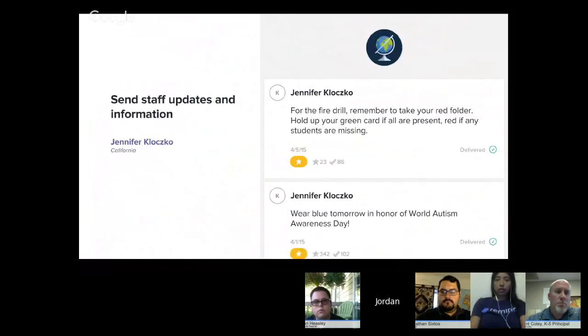And then we've seen some administrators use Remind with their staff. They'll create a class with them, and then that way, during any kind of drills, maybe accreditation visits, or even just kind of spirit days, that's a way to kind of discreetly but effectively communicate with your staff, especially if everyone's on the go or not having access to email or their computers all the time. But usually our phones are in our pockets or nearby, so it can be a quick, easy way to keep